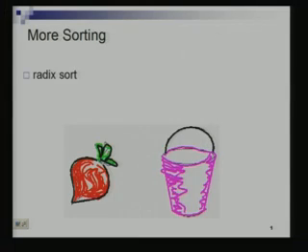Today we are going to continue our discussion on sorting. We will begin with radix sort, then we are going to look at bucket sort. In place sorting is something that we have seen before. Which are the examples that we know of in place sorting? Heap sort, quick sort, insertion sort, selection sort, bubble sort.